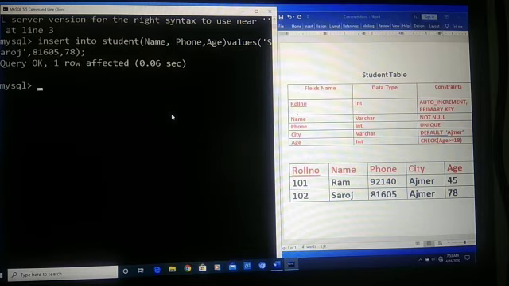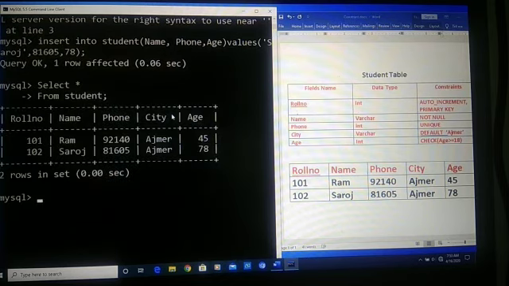Okay, let's display our table data. To display it, we write the command select asterisk from student. Now you can see we did not write the roll number and city Ajmer here.